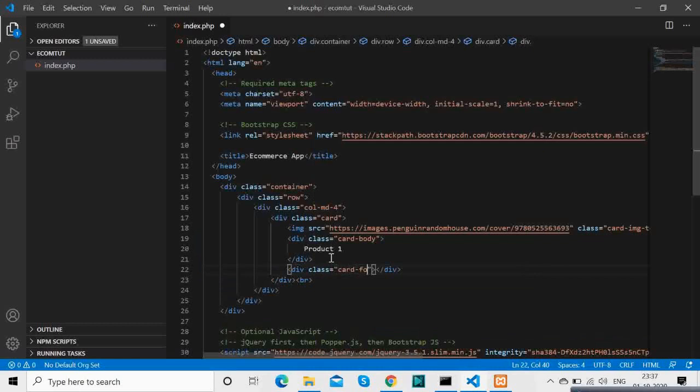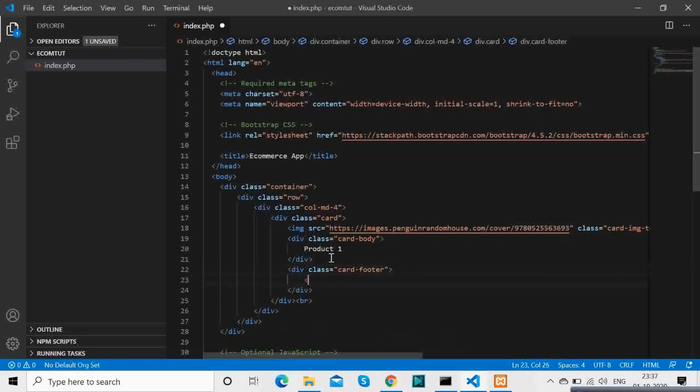So these are all Bootstrap classes. Okay, card, card body, card footer, for the image card image top. Okay, all these are Bootstrap classes. If you are not remembering what the classes might be, you can always search in the Bootstrap website and get a hold of the class list. Okay, that is there. So basically